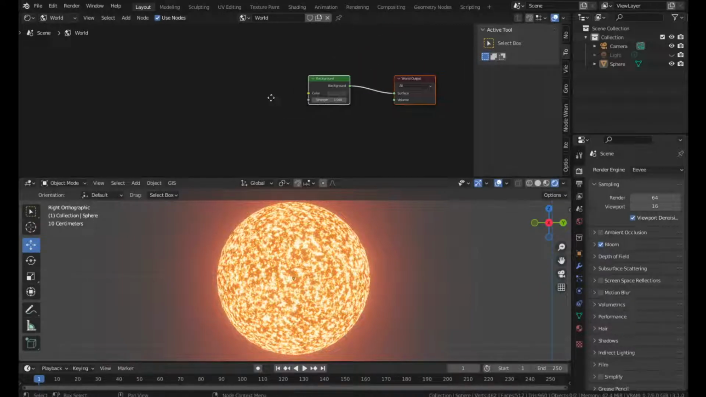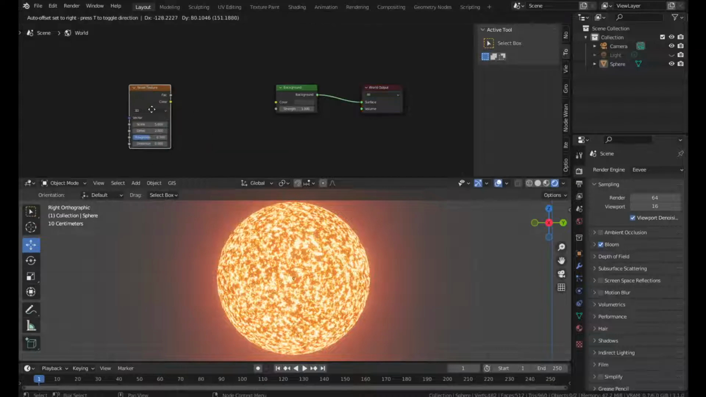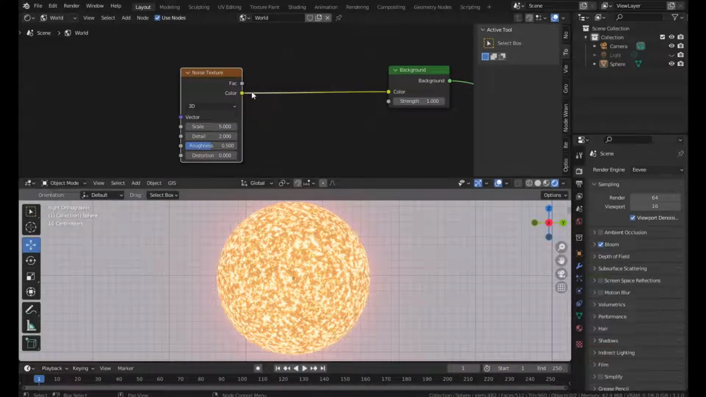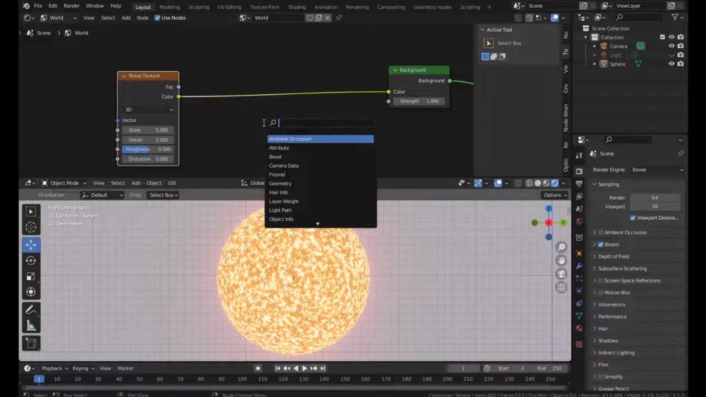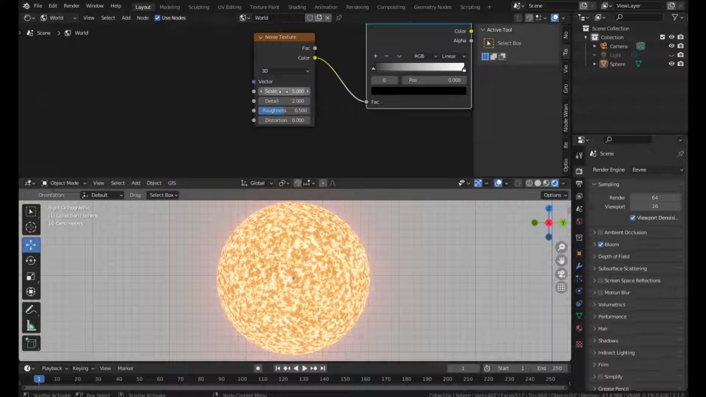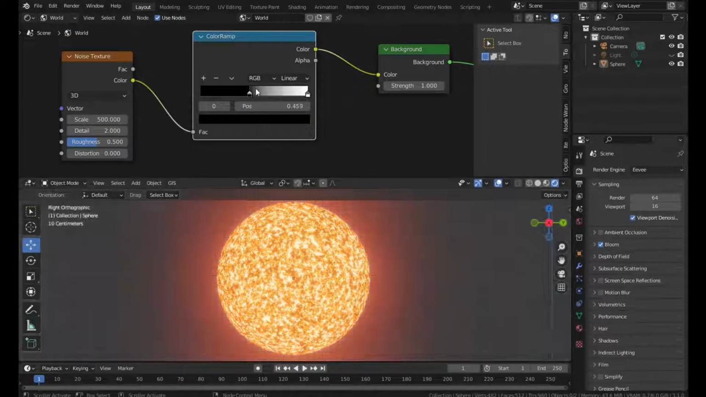In our background, we're going to add in a noise texture. If you can't tell, noise texture is like the best texture out there by far, or maybe not the best, but one of the most commonly used. I'm just going to toss in a color ramp. Now what this is going to allow us to do, if we set our scale to like 500, is increase our black value